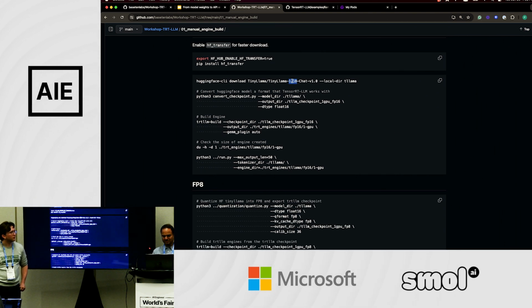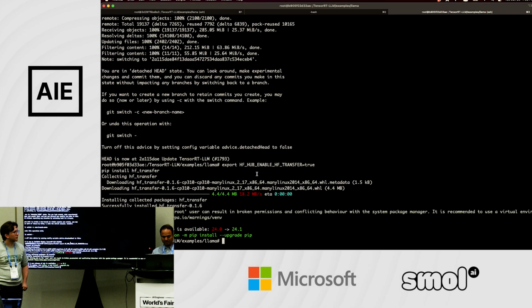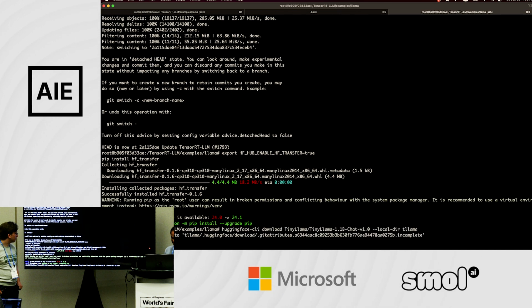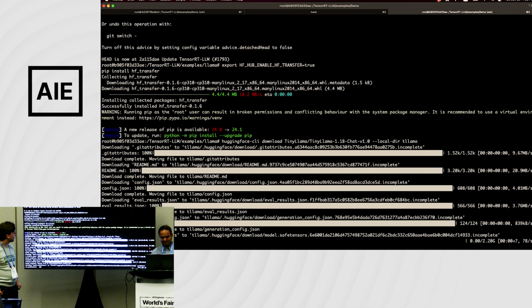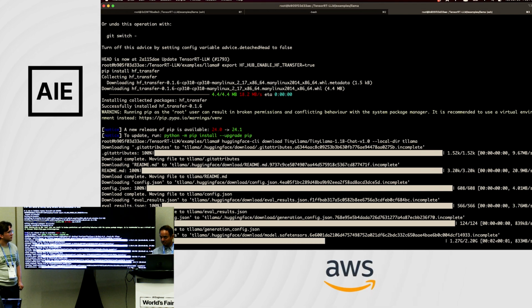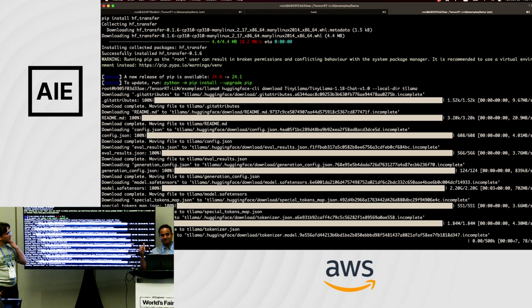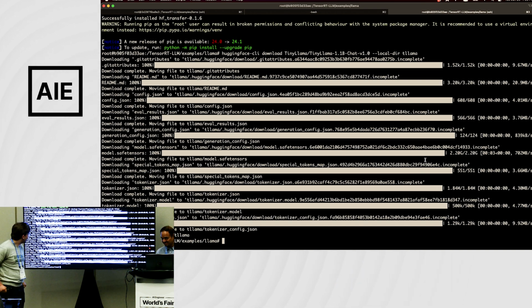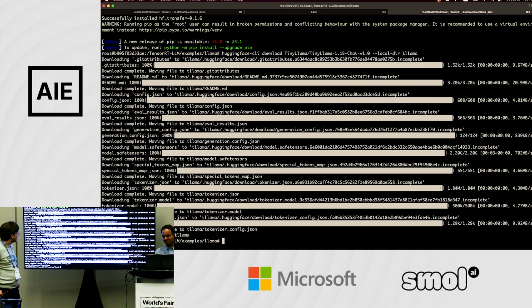Now we're going to follow this step by step. First thing we're going to do is download from Hugging Face. And let's see how fast the Wi-Fi here is, how fast this downloads. So not bad, it's going at 1 gig a second. Oh, you're right. See, but this is what I call good software. Downloads at 1 gig a second.